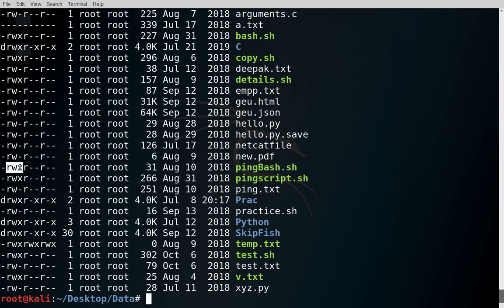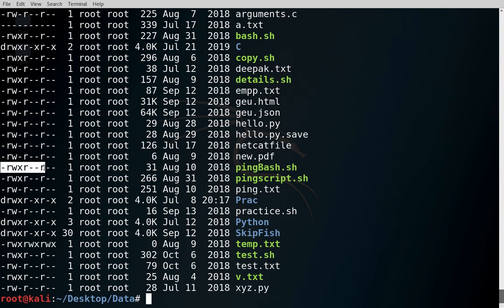Then there are three characters r, w and x, which means the file owner can read this file, write the file and execute the file. But other group members can only read the file and other users can only read the file. That means other group members and all other users are not allowed to write and execute this file, right?